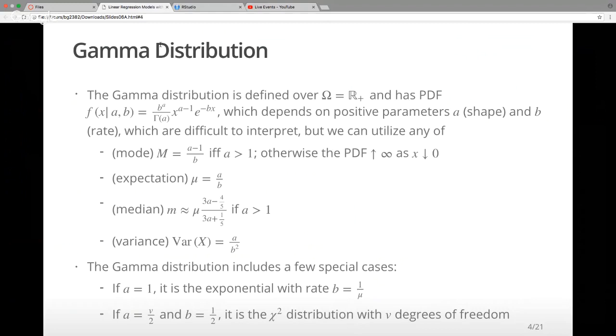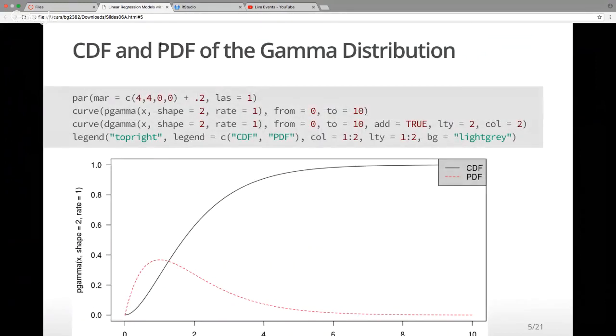And if a is equal to v over 2 and b is equal to 1/2, then the gamma distribution specializes to the chi-squared distribution with v degrees of freedom, although v need not be an integer. So that is a pretty useful distribution that you will encounter from time to time. We can plot the PDF and the CDF of the gamma distribution here with a shape of 2 and a